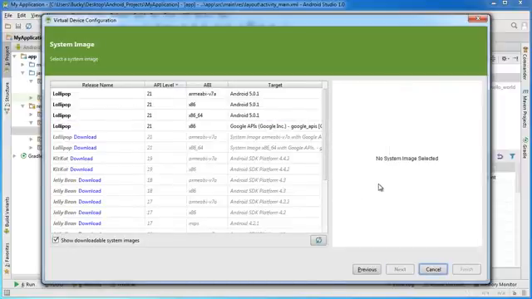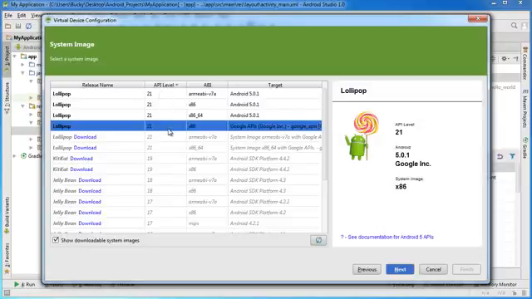So now that we have pretty much the phone itself, and by that I mean just the hardware, we can go ahead and start working on the system image. This is pretty much saying what version of Android do you want to use. I recommend putting the latest one on it, just because,